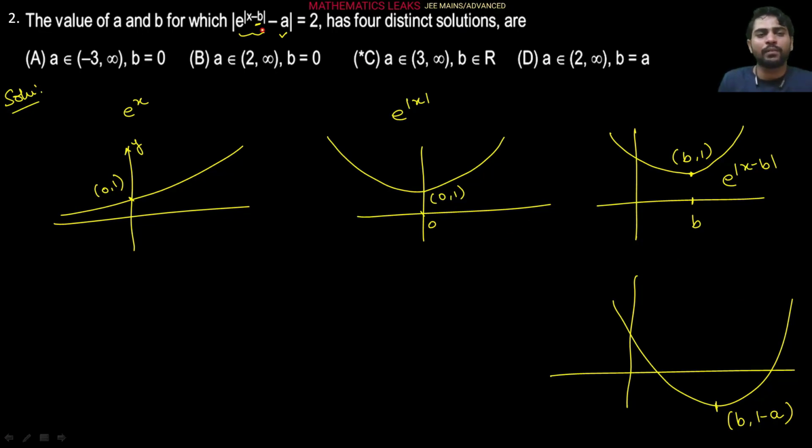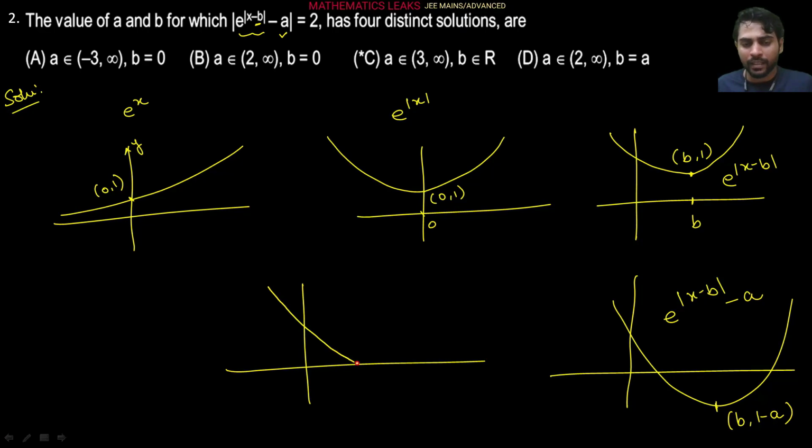So overall on the left side, you can see this is the graph of e to the power mod of x minus b, minus a. Now the whole thing is having a modulus. Whole thing having a modulus means what here? The overall graph which is going below the x-axis, its mirror image we will take above the x-axis. You can see this is the graph here, and then in this region it is going below the x-axis. So its mirror image above the x-axis we will take like this, right? And the graph above the x-axis will be unaltered. Only the below x-axis graph's mirror image above the x-axis will be coming.